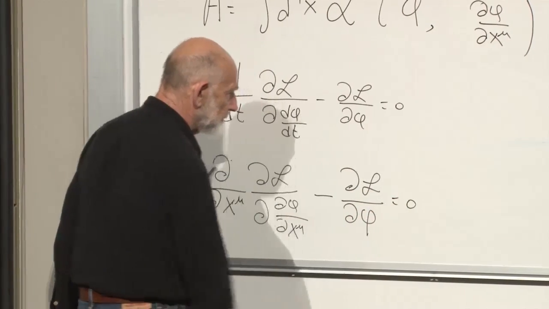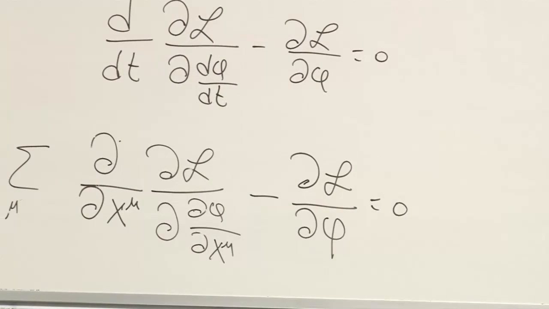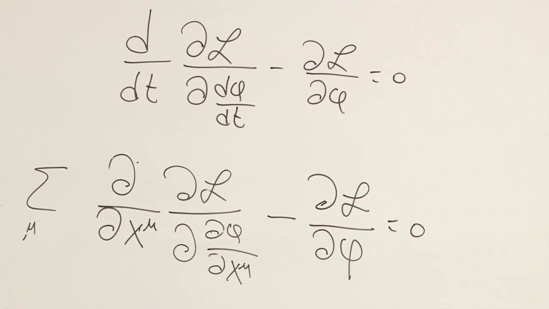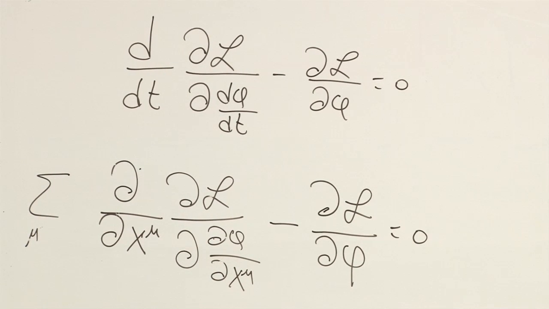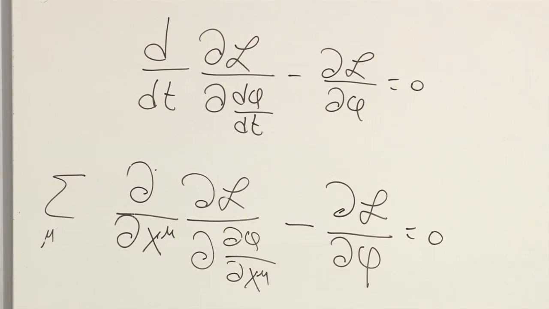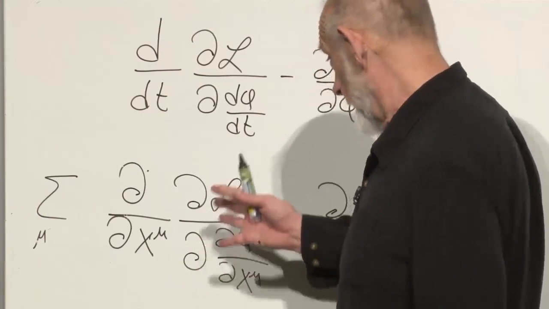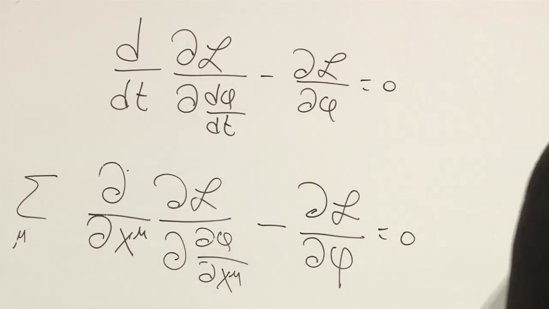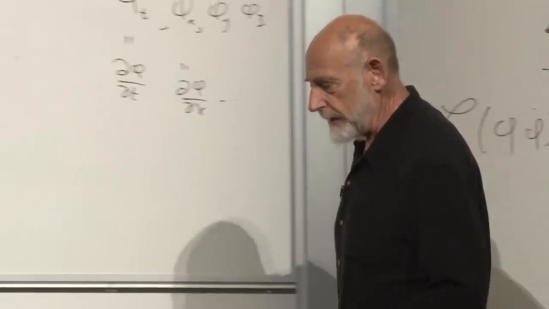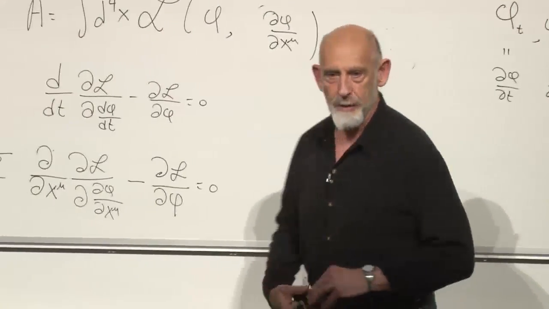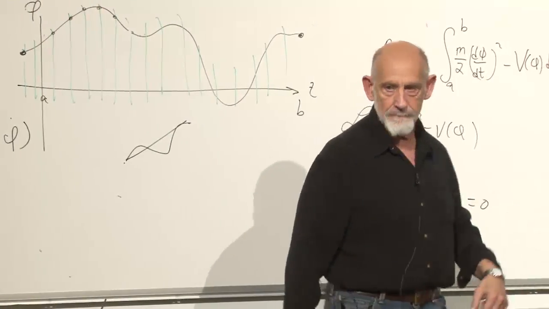And that's equal to 0. That's it. Those are the Euler-Lagrange equations. Of course, it doesn't solve the problem of finding the history of the field. What it does is it reduces the action principle to a differential equation. Let's do it before we discuss relativity and the constraints of relativity. Let's do it for a simple example which is patterned on the same structure over here.